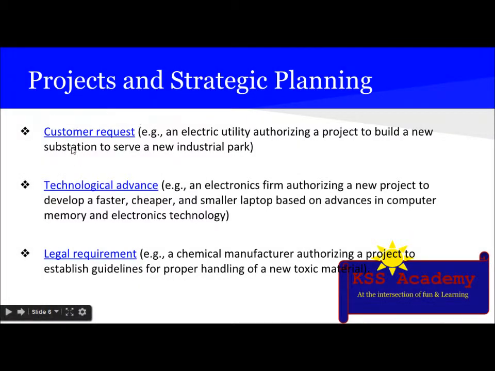Another market driver is customer request. For example, an electric utility authorizing a project to build a new substation to serve a new industrial park. Next thing is technological advance can lead to a new project. An electronic firm authorizing a new project to develop a faster, cheaper, and smaller laptop based on advances in computer,